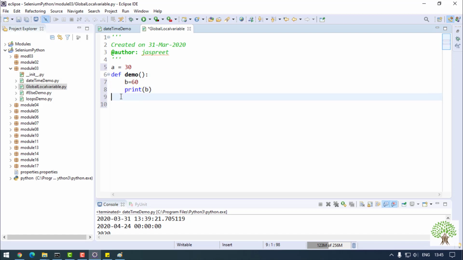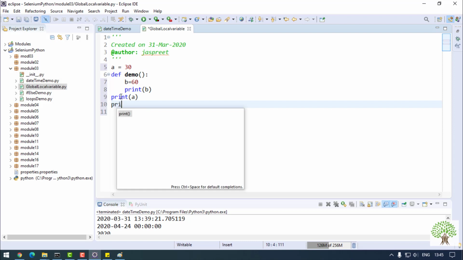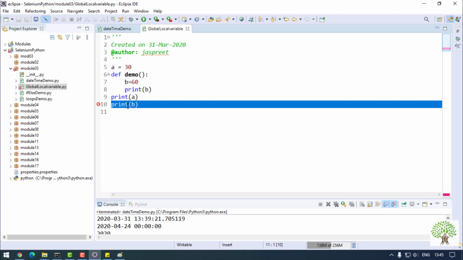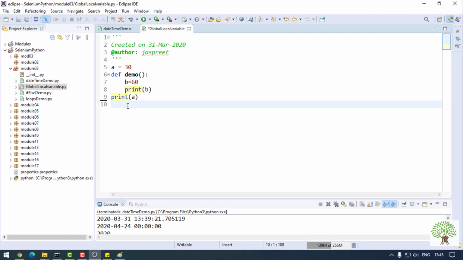So I'll say print the global variable which is outside the function, and also if I print the value of b, it's giving me an error that b is not defined. That means it's inside this function only. I'll not be able to use it here. Okay, now if I save it,